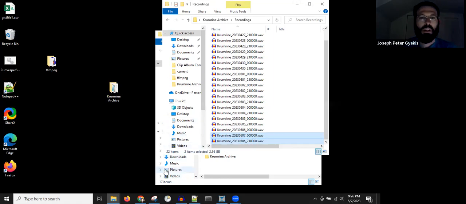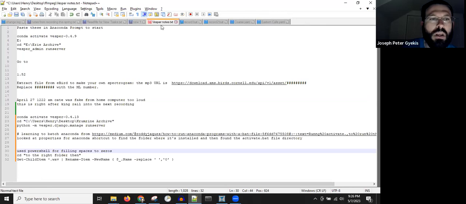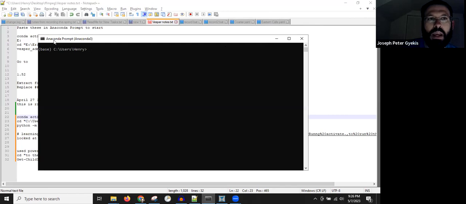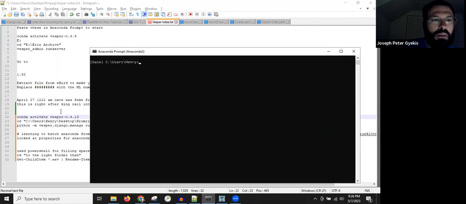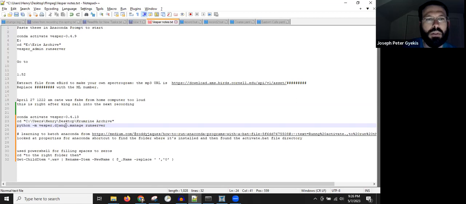in Vesper. There's a few things that I've done to make running Vesper easier. Anyone who's been using Vesper knows that you have to go into the Anaconda command line, activate the Vesper environment, change directory to your folder, and run the server, which on a PC you have to use this code. On the old version, you could just say Vesper run server. But anyway, I have